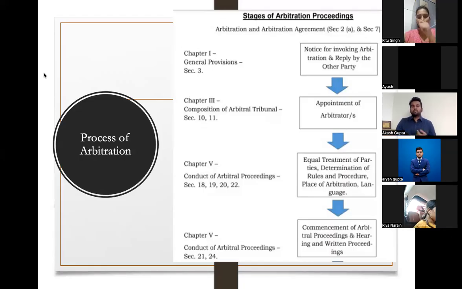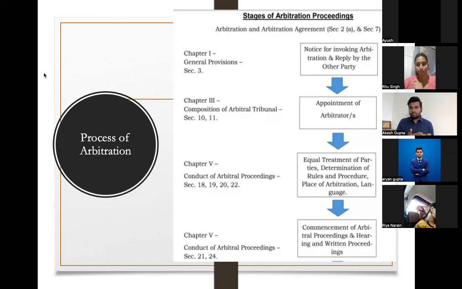Okay. So first of all, whether it's an arbitration clause or arbitration agreement, whether it has been inserted before the dispute arose or afterwards, it doesn't matter. Both of them remain the same. It's not me saying this. It's Redfern and Hunter in their book. They argue that it's just the nomenclature and the timing of the arbitration clause. Second, the question of seat. What will be the seat if the parties do not mention it? Then it becomes a pathological clause.